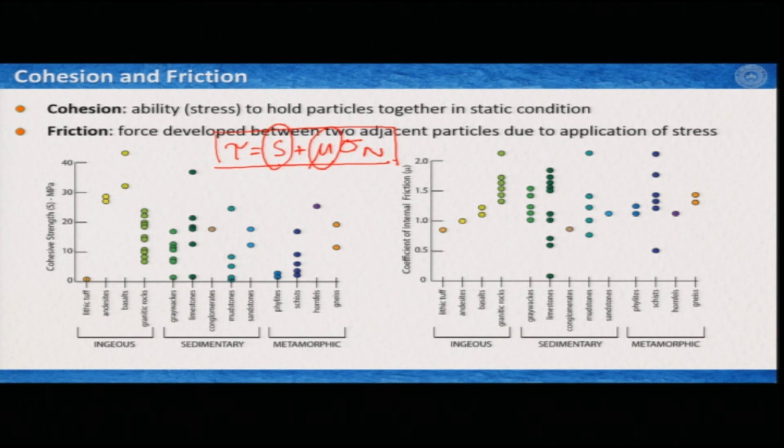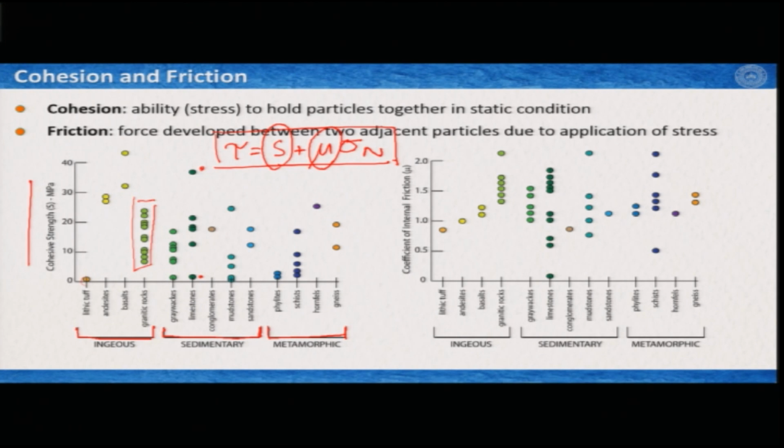So, people performed experiments and they measured the cohesive strength of different rocks. Here we see a series of igneous rocks, here a series of sedimentary rocks, and here a series of common metamorphic rocks, and this is your cohesive strength, in the unit of megapascal. Now, this is lithic tuff, the cohesion is extremely low. For granitic rocks, these green ones, the cohesions are quite variable, and limestones range from very low to extremely high and so on. So for different rocks, it does not matter whether it is igneous, sedimentary or metamorphic,